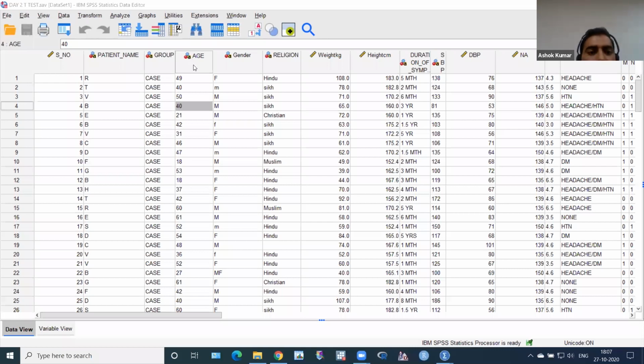It's a string variable, meaning a word variable. But I know it's a continuous variable, so I have to change it. There are 2 ways. I can go to variable view, left below, click here, and search where age is.